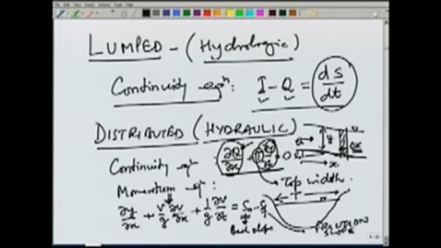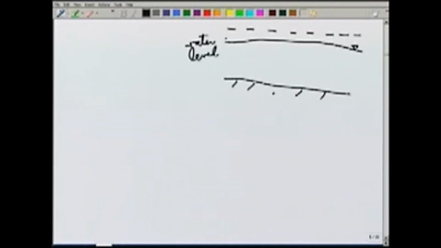The friction slope represents the energy loss. So, if the channel bed is here, water depth may be like this, the energy line may be going like this. So, this is the water level and this represents the total energy or energy line, which is obtained by adding the velocity head. So, the slope of this line at any point